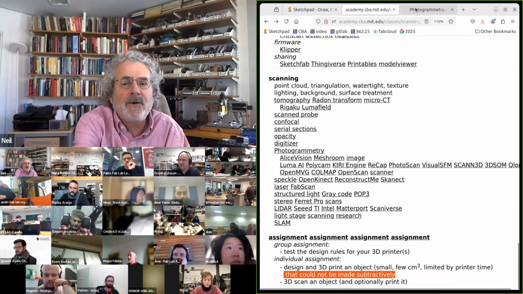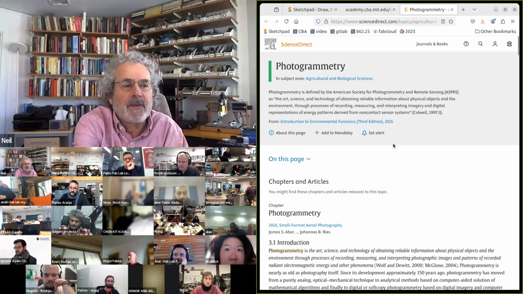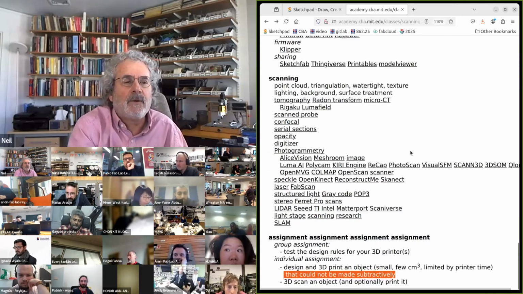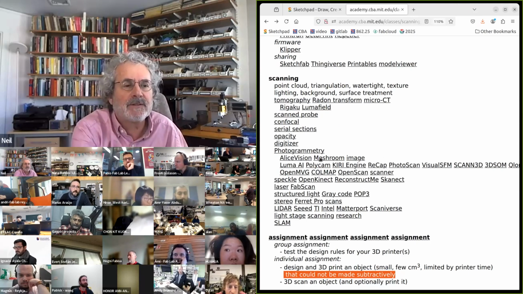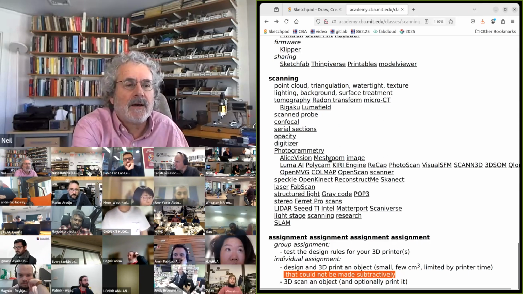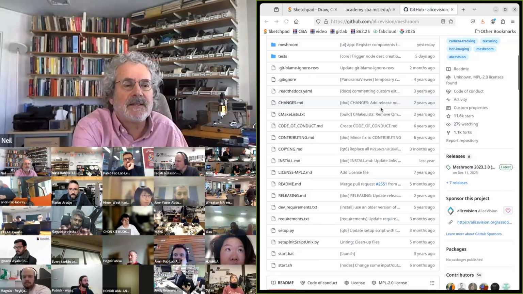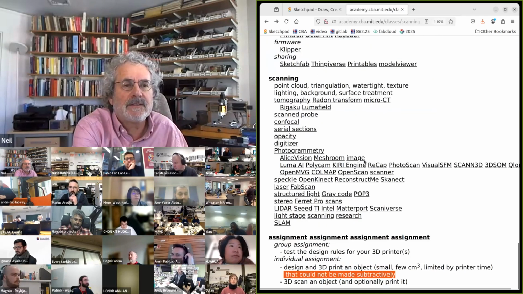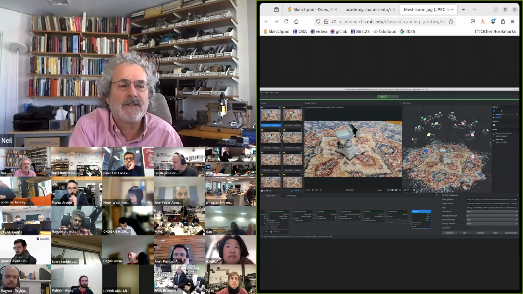Then photogrammetry, this is an article on it, is where you take a series of pictures. And so Meshroom is a program, and what you do with it is you just take lots of pictures,